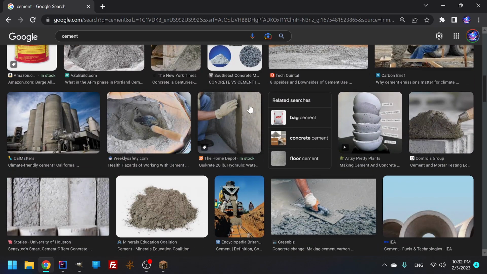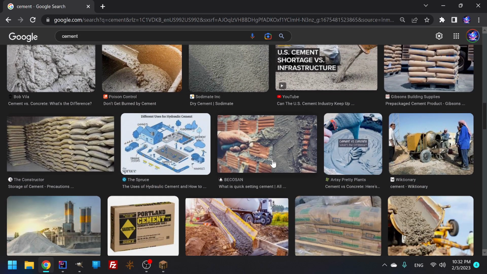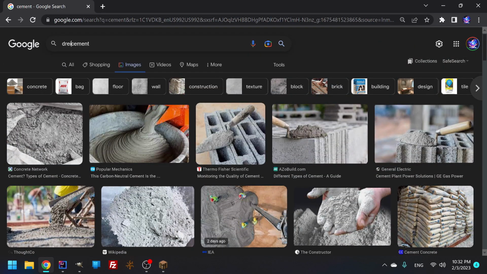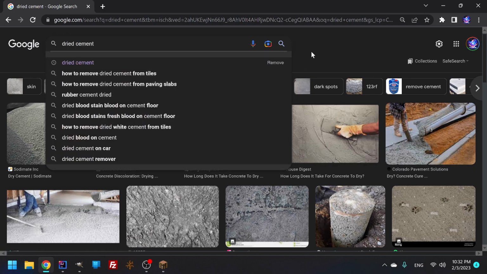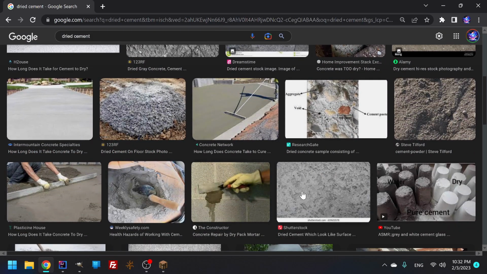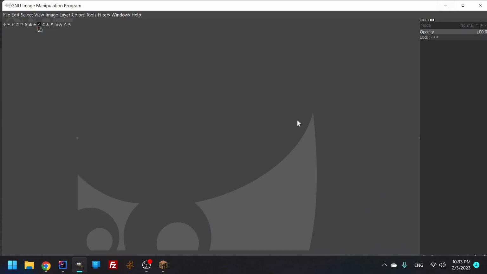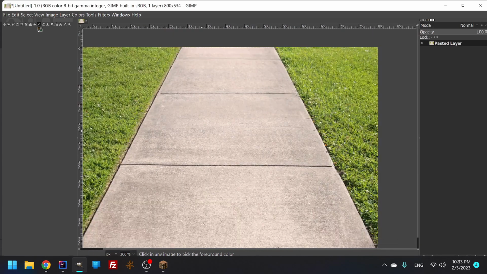Here we have what cement looks like solid-like. So let's look up specifically what we're looking at. So let's say dried cement. So now we have some cement flooring, dried cement, so it gives me some wet stuff. That's great. Some massively wet stuff. Let's use this. So let's copy the image, paste it into our thing, and then from here, this is what